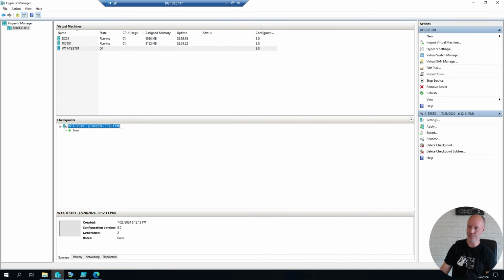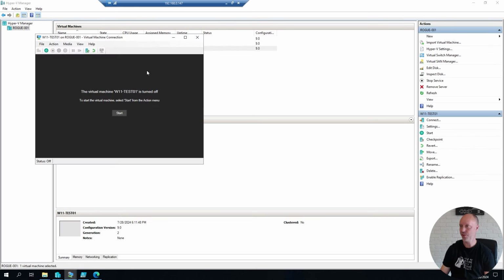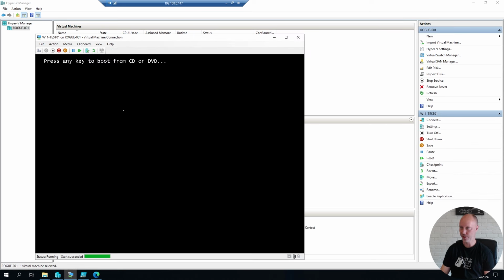I'm gonna call it clean with Windows 11 media ISO. And this allows me to very simply go back to that clean snapshot if something failed and I want to try it again. I'm going to start this virtual machine, boot on the ISO that I created,